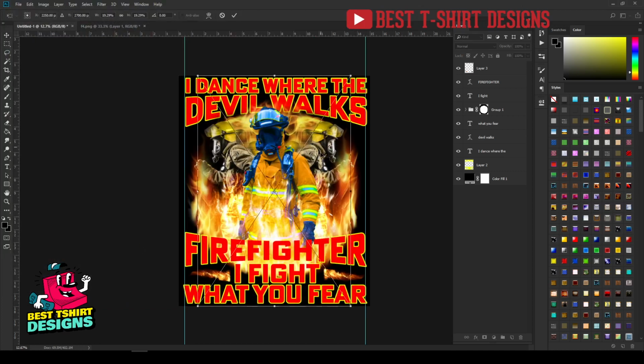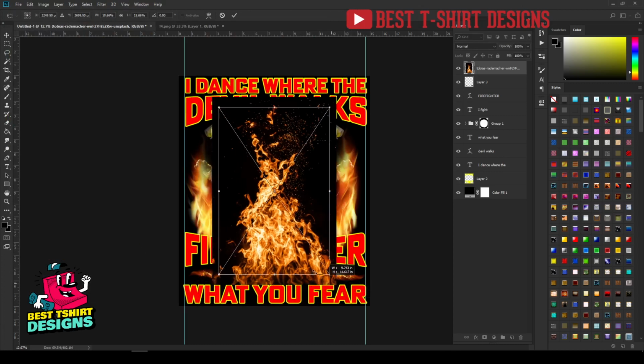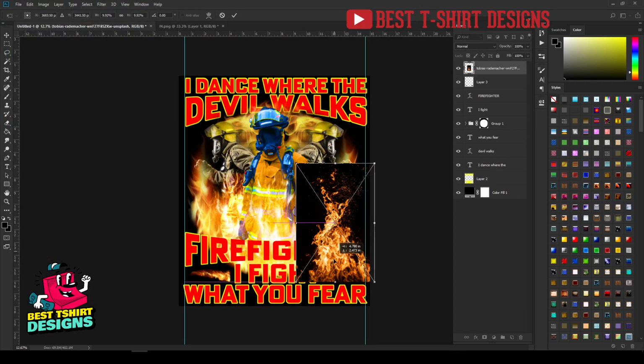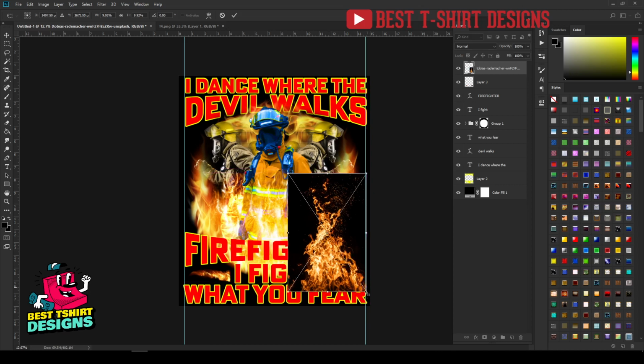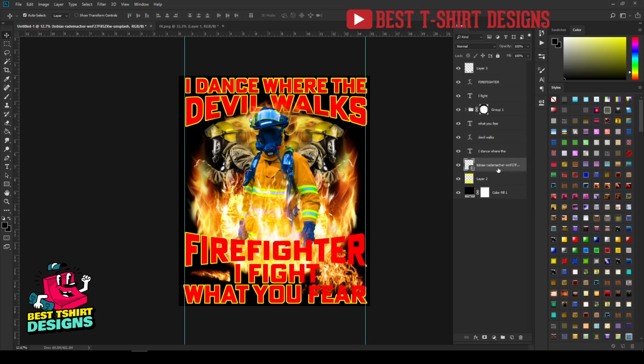Okay, I don't know how it will look. So this is a really good design, a really good fire texture, and that one is also downloaded from unsplash.com. You can download it from there too. So something like that. Let's bring them just in the background and let's see how it is looking. So this is just filling in that area, that is I think fine.